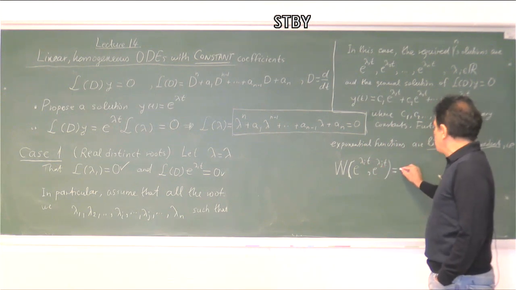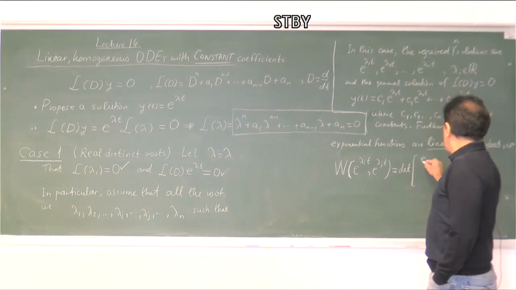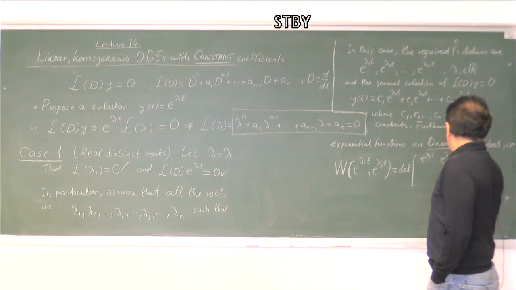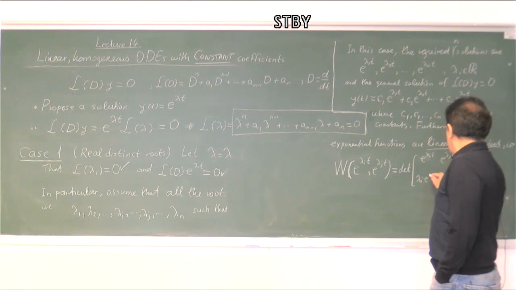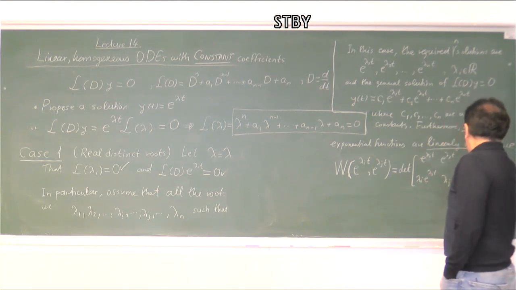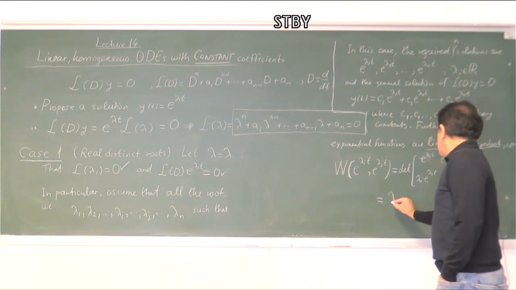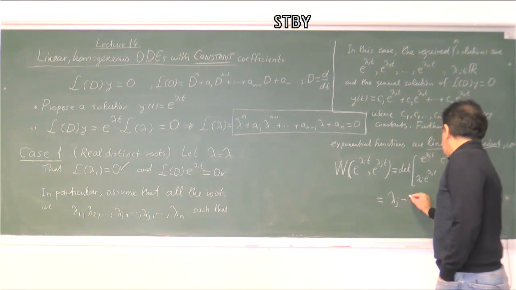By definition, we have this determinant: e to power lambda i t, e to power lambda j t, and on the second row lambda i e to power lambda i t, lambda j e to power lambda j t. Calculating this determinant we have lambda j minus lambda i